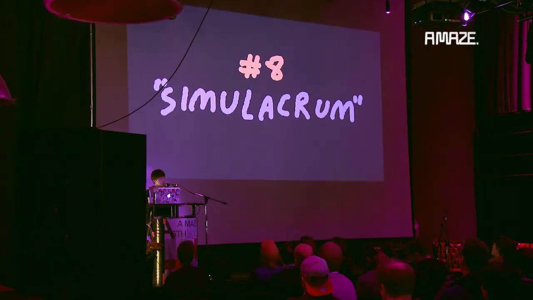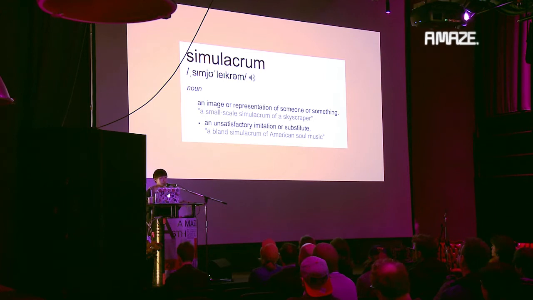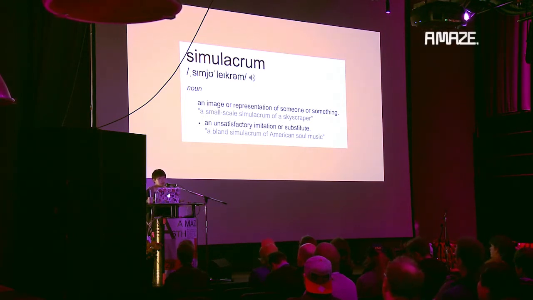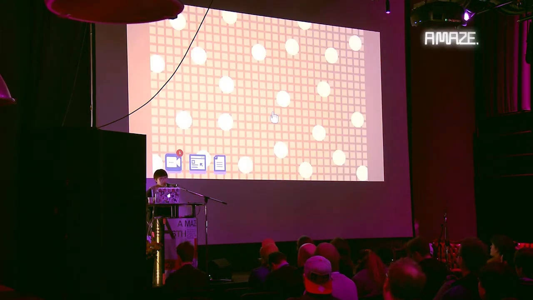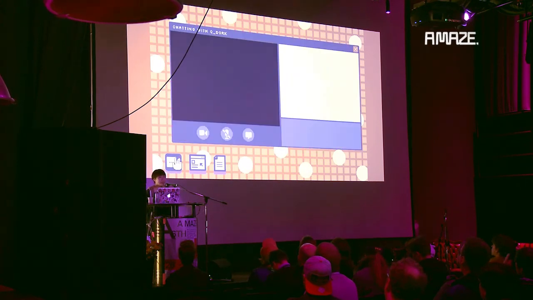Simulacrum was the final theme for that class. If you don't know what it means, basically a simulacrum is an image or a representation of someone or something. It's also used to describe a substitute or an imitation that isn't super satisfactory. So for that prompt, I made a game about long-distance relationships and Skype. I was in one at the time when I was making this, and I felt very conflicted about that